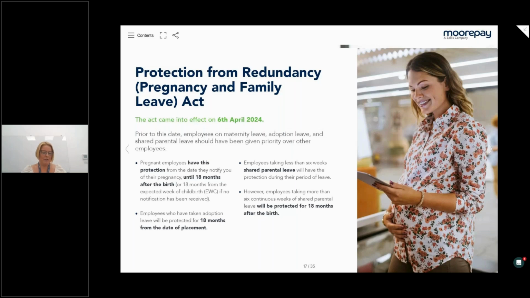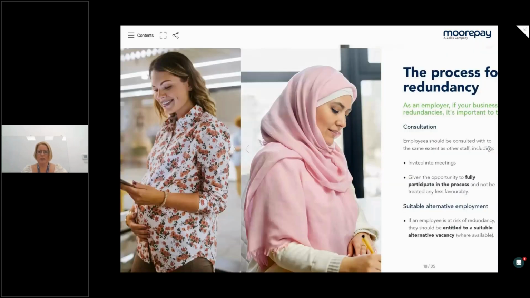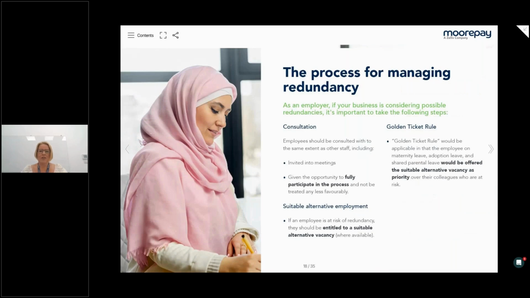If you're looking to make changes within your workforce and you have somebody who is on maternity leave, adoption leave, or shared parental leave, how do we manage this in practical terms? We should consult, as with all redundancies. As soon as you reasonably know there's going to be a redundancy, people should be consulted, and that's everyone. So you've got to consider people off on maternity leave and long-term sick. People forget people on long-term sick. It's worth noting that you should consult with everyone who is going to be affected by the redundancy.